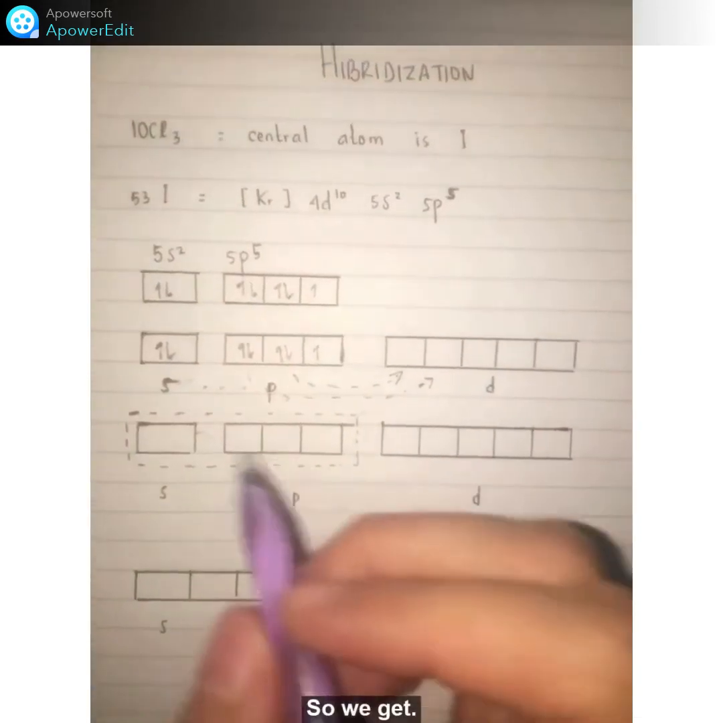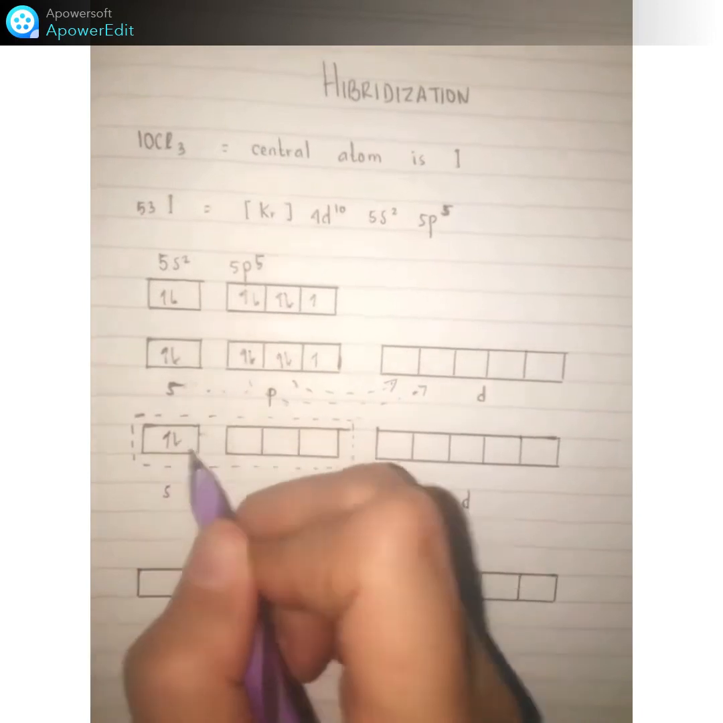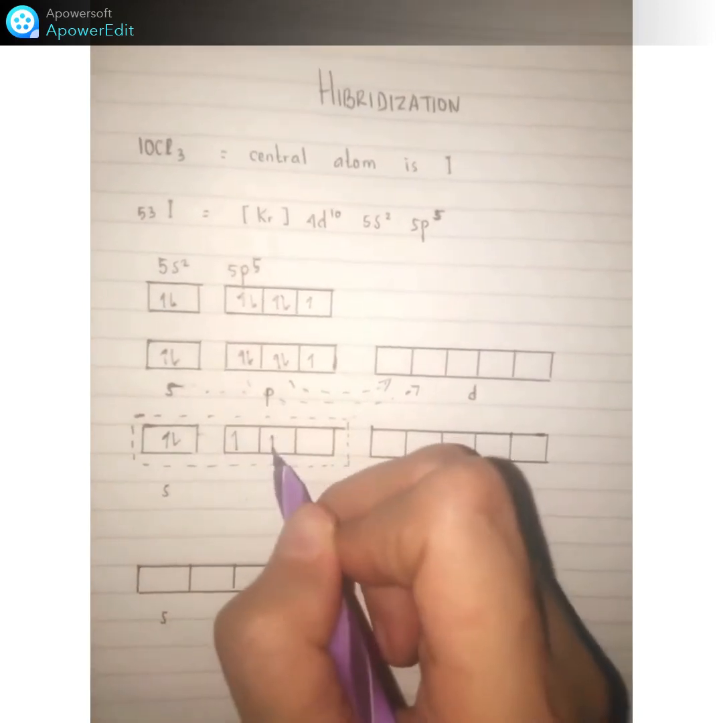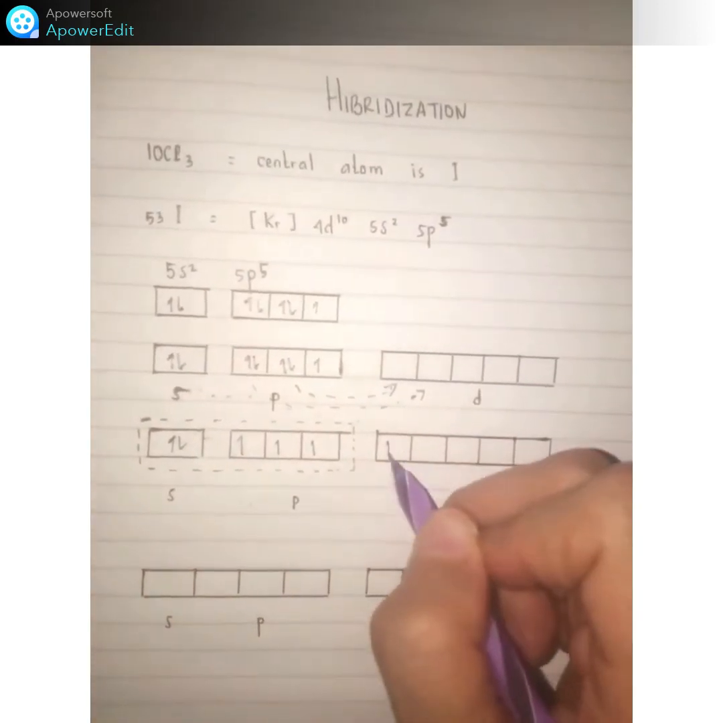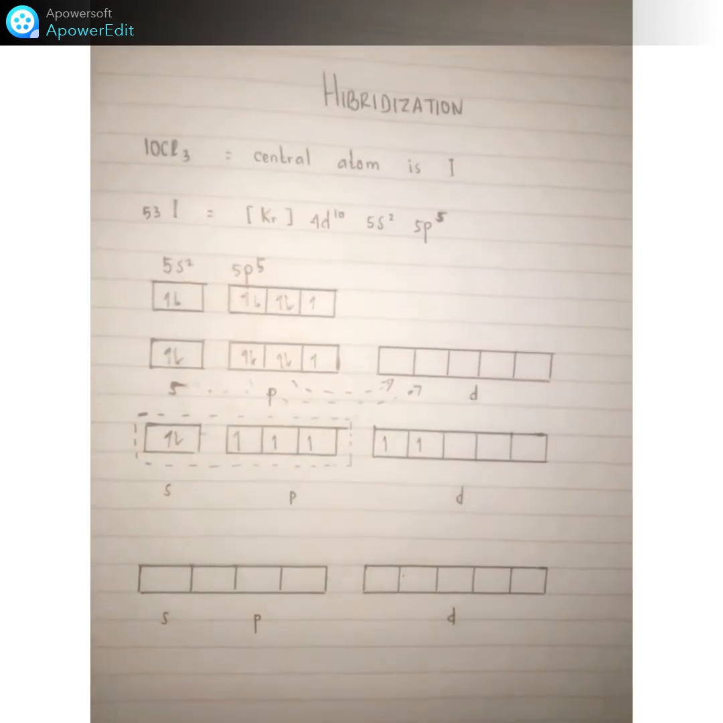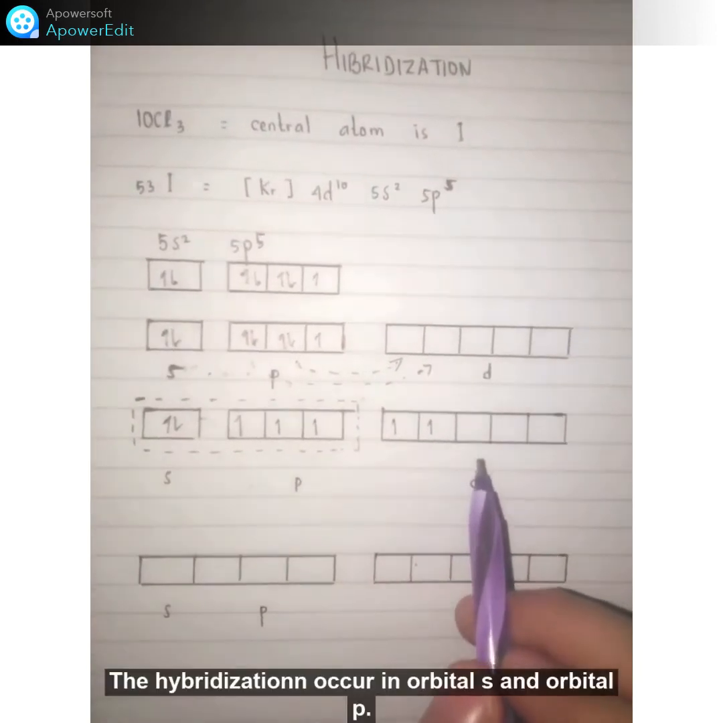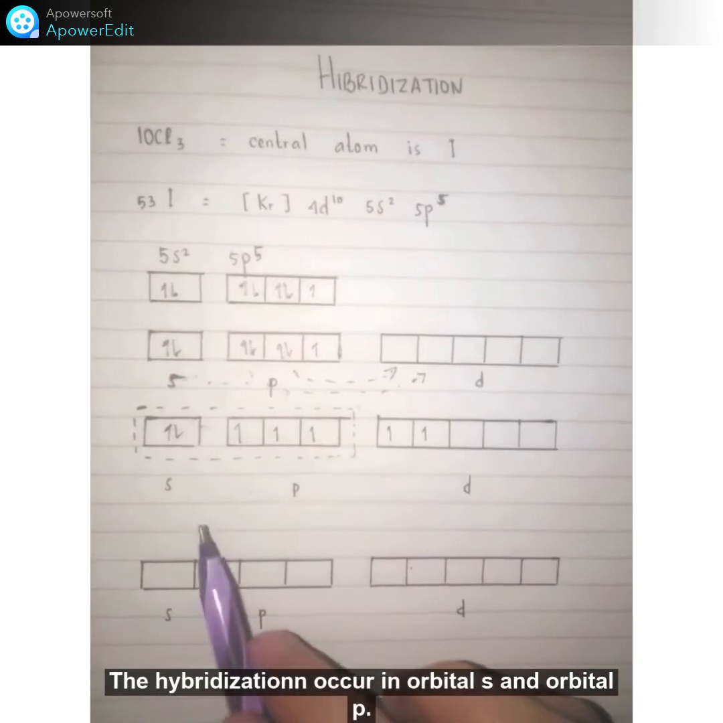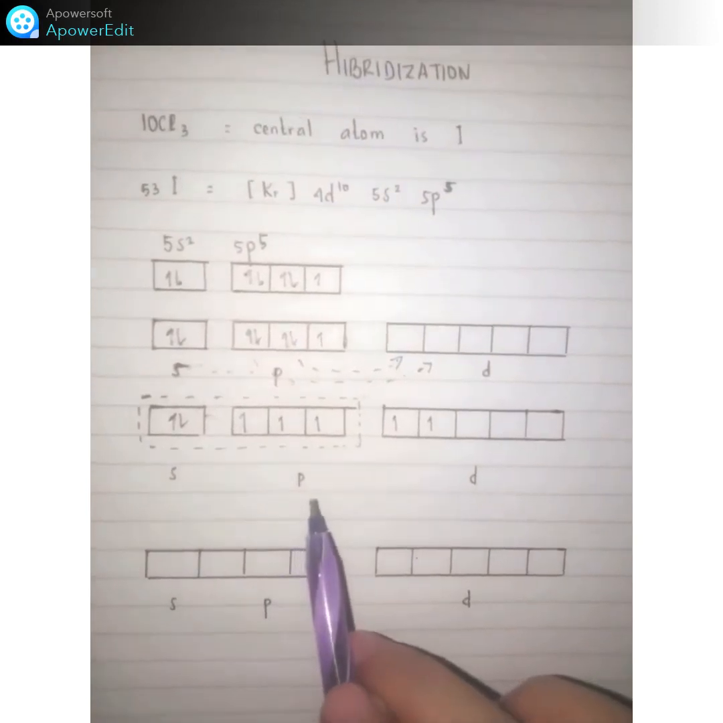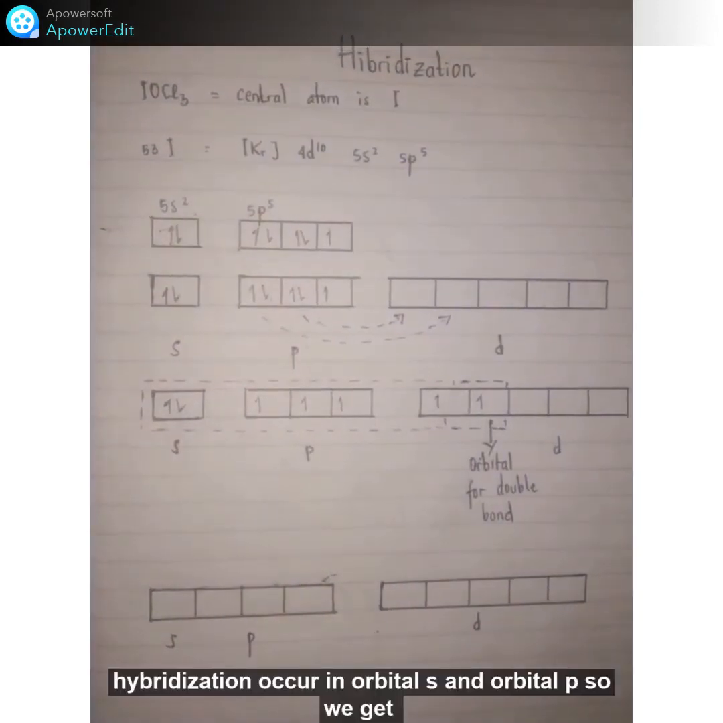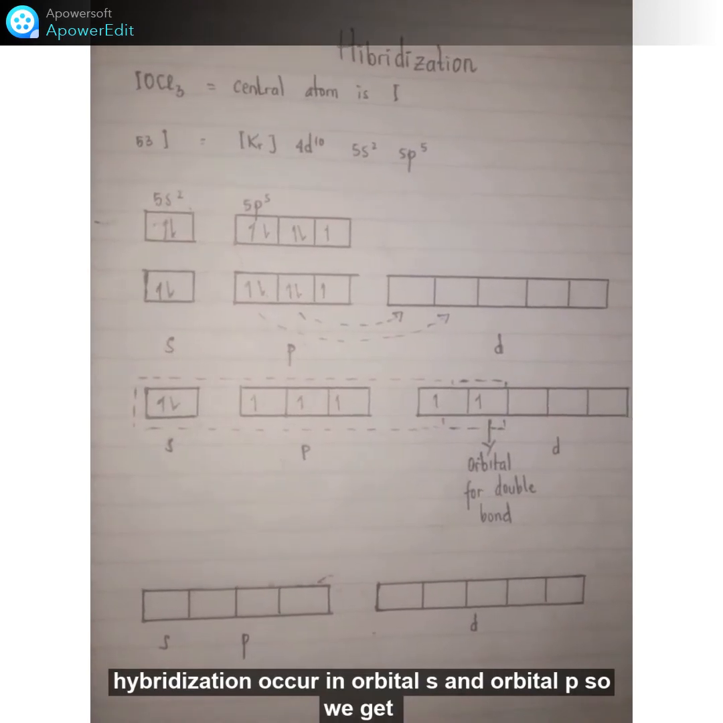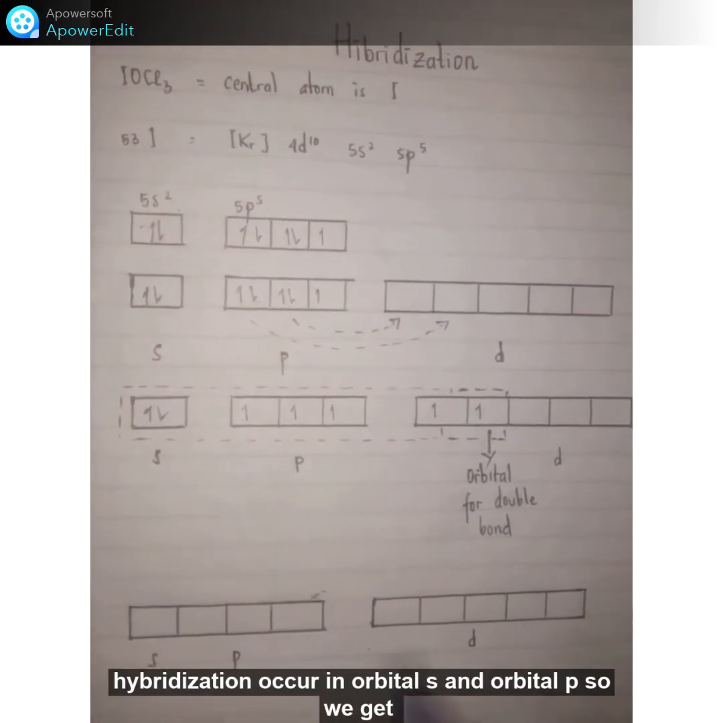So, we get, after that, one column of orbital d that is for the double bond, so it cannot hybridize. The hybridization occurs in orbital s and orbital p. So we get